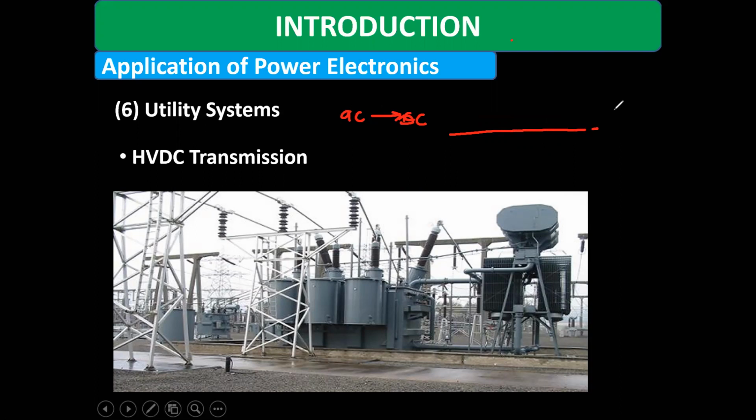And then at the distribution side we also need an AC supply, therefore we need a DC to AC converter. So at the supply side we need AC to DC, and at the distribution side we need DC to AC. Why? Because at the end we need only an AC supply, and we are able to generate the proper AC or DC voltage. Okay. So in the high voltage DC transmission system, even at a high power level, we use power electronic switches.